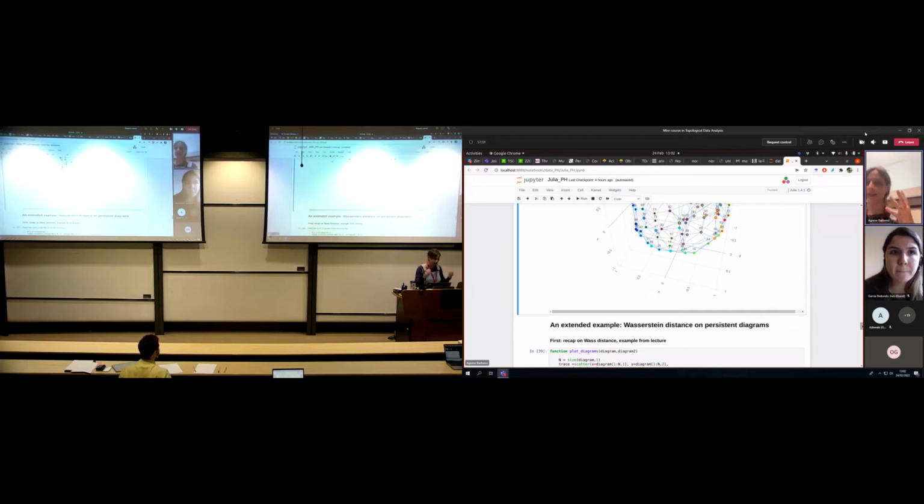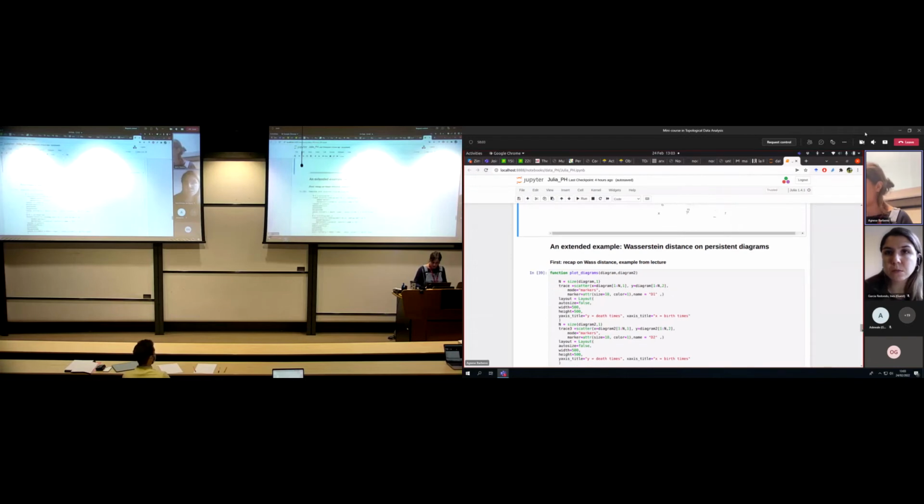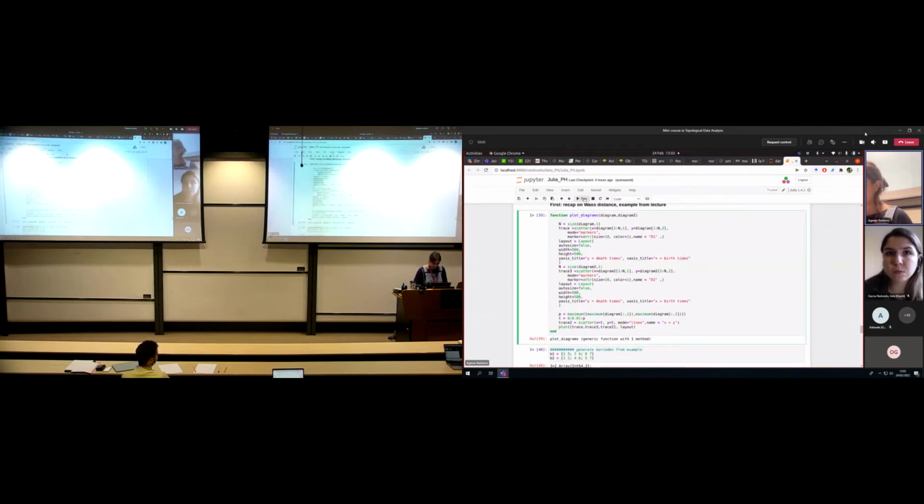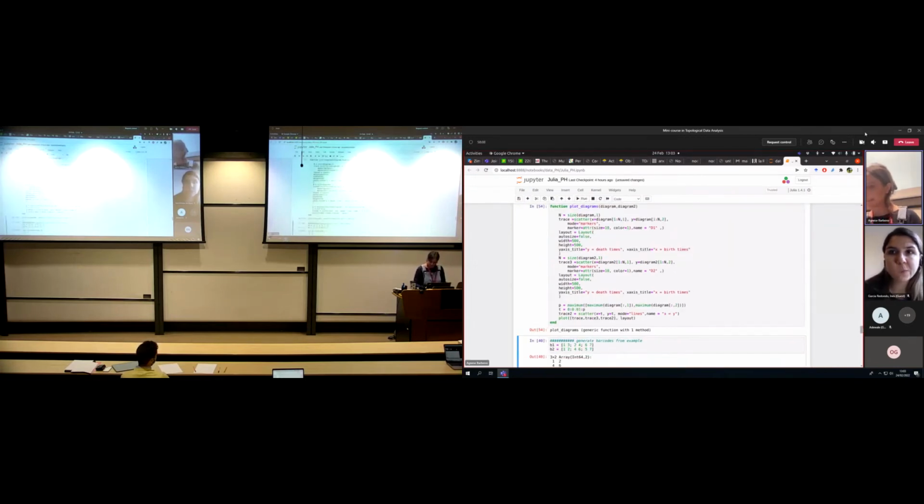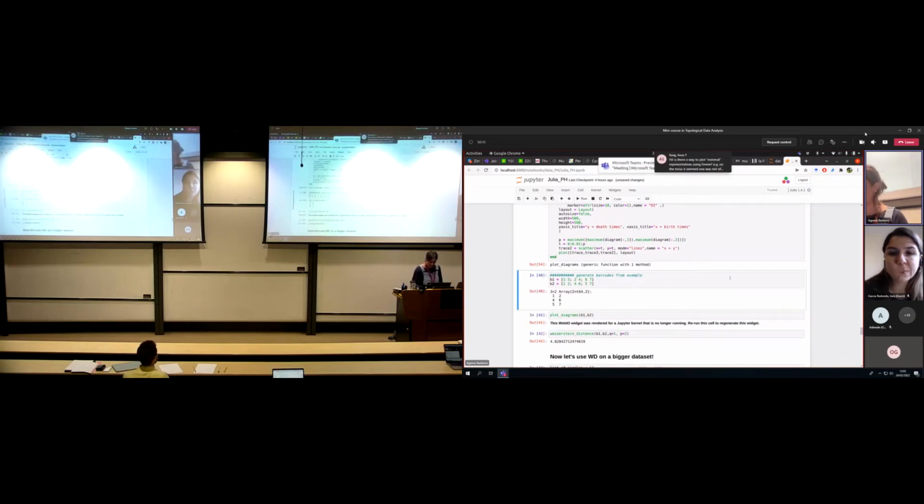So understanding what's similar and what's different from each other, okay? And we are going to do that in this example. I need a bunch of plotting functions to do that, and before actually